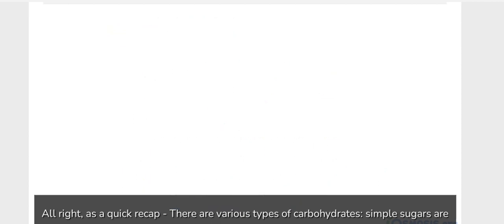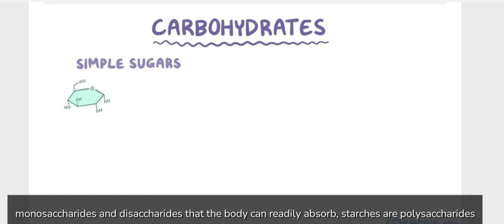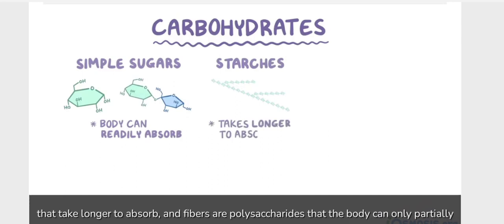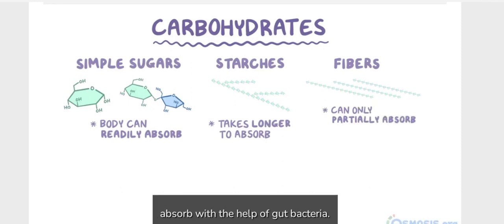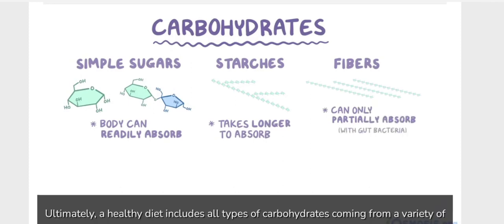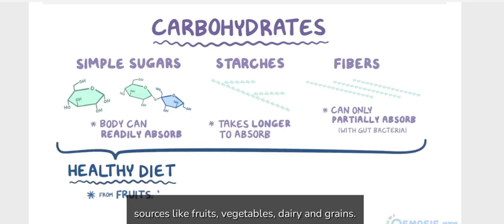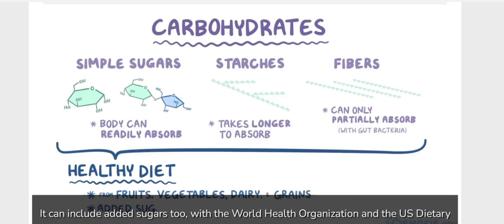Alright, as a quick recap, there are various types of carbohydrates. Simple sugars are monosaccharides and disaccharides that the body can readily absorb. Starches are polysaccharides that take longer to absorb. And fibers are polysaccharides that the body can only partially absorb with the help of gut bacteria. Ultimately, a healthy diet includes all types of carbohydrates, coming from a variety of sources like fruits, vegetables, dairy, and grains. It can include added sugars too, with the World Health Organization and the US Dietary